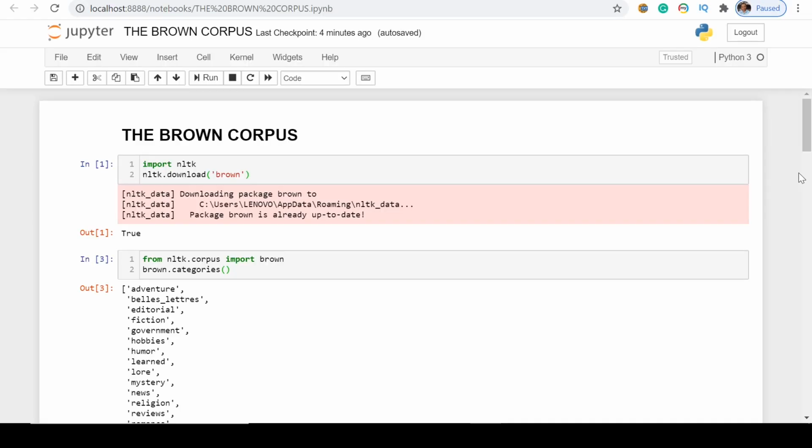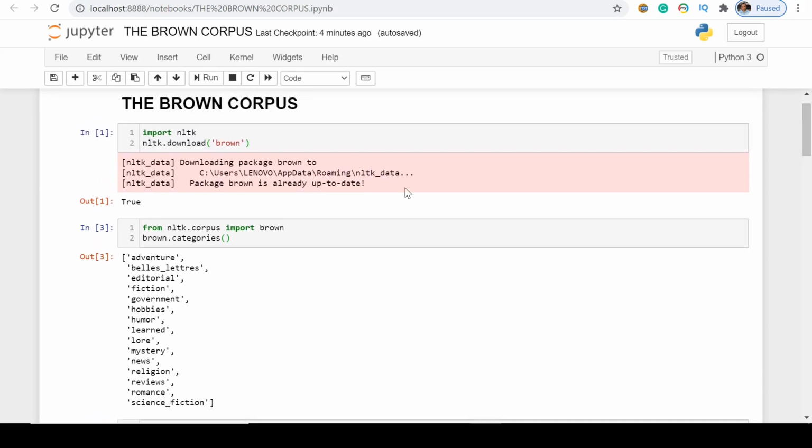So this time we're going to go into examining our Brown corpus through Python. Of course, the first thing that we're going to do is import NLTK, because without this we won't be able to do the succeeding steps. This is the most imperative part of this examination of the Brown corpus. We have already imported NLTK, and we've already downloaded the Brown corpus. Now the next thing that we're going to do is import the Brown corpus,